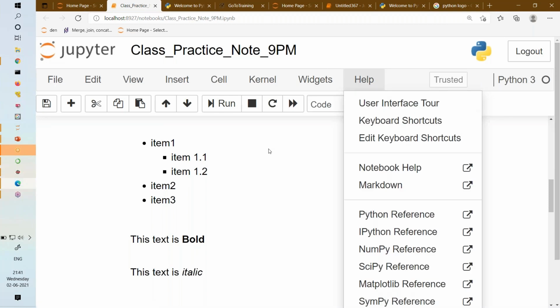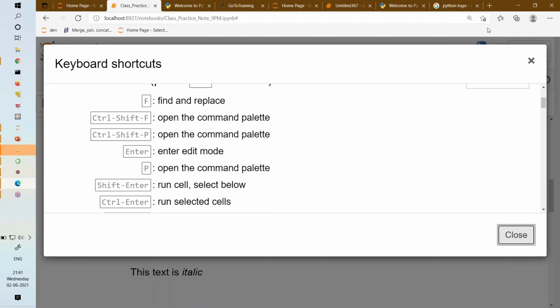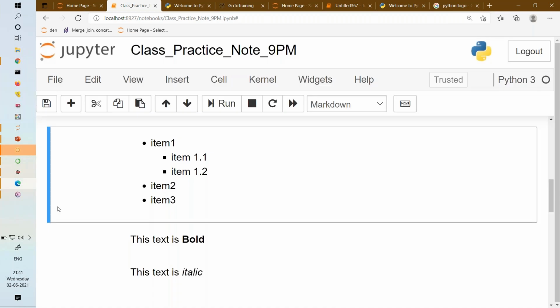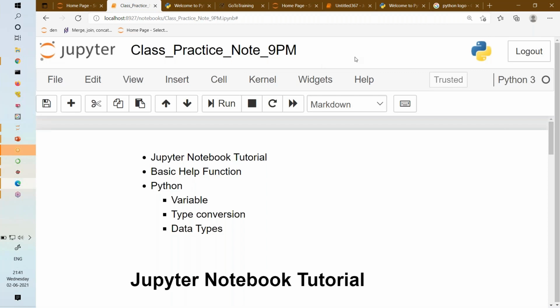Can you see these keyboard shortcuts? I will not show you this now. Later you can see this, because you will be confused by the lot of keyboard shortcuts: how to open a new cell, how to close a cell, how to delete, how to run. Shift enter is run. This is important. Every time, instead of using the run command, you can use shift enter. All of these things are nothing but your Jupyter Notebook basics. We will use more when we go to different sections. Don't worry, this is just the starting. Every class we are going to repeat this syntax. Whenever we do any project, we need to use all of this.